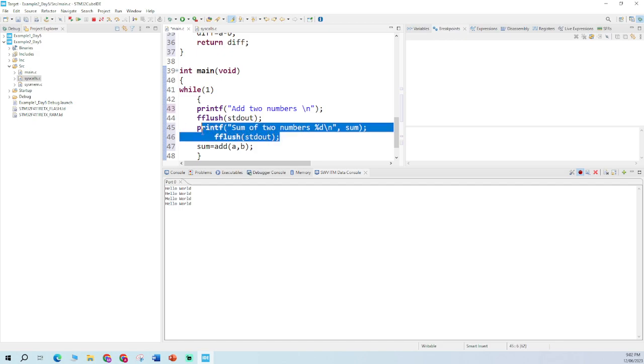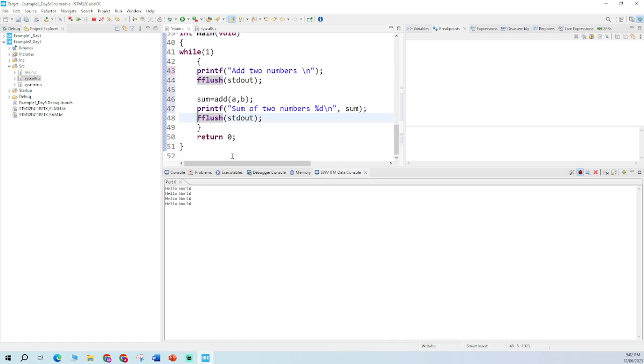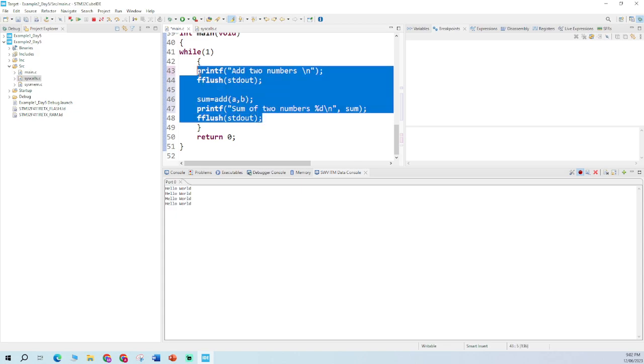So sorry, copied it in the wrong place. Space. Okay, that's sum. So now you've got to do the same for the diff,